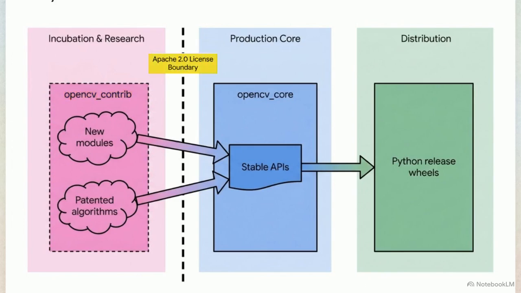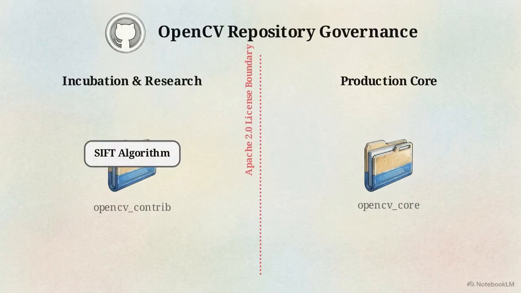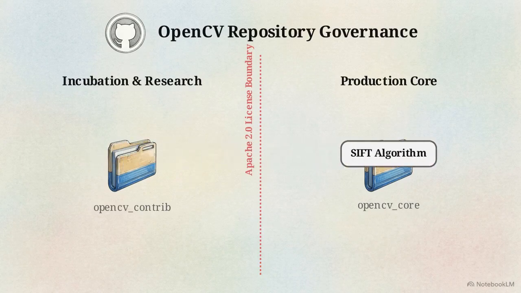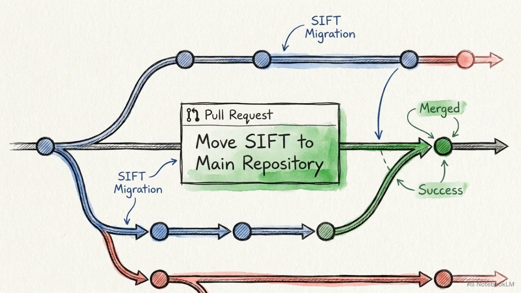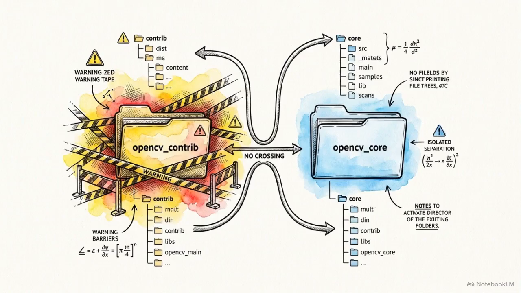Code is only promoted across the Apache 2.0 license boundary into the production core after achieving API stability and clearing legal restrictions. The Scale Invariant Feature Transform, or SIFT algorithm, followed this path. It was sequestered in the Contrib repository for years, only moving to the core distribution once its underlying patent expired. This strict segregation ensures that commercial deployment pipelines remain insulated from the volatile behaviors or legal risks associated with academic